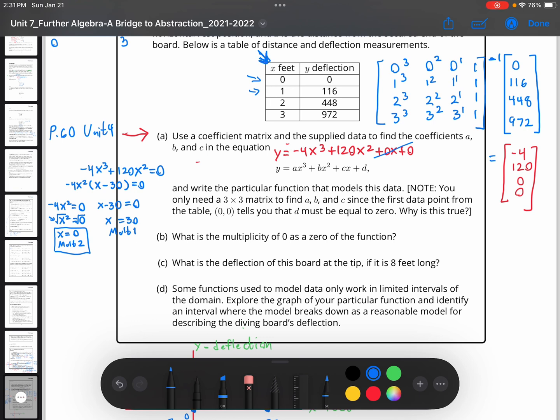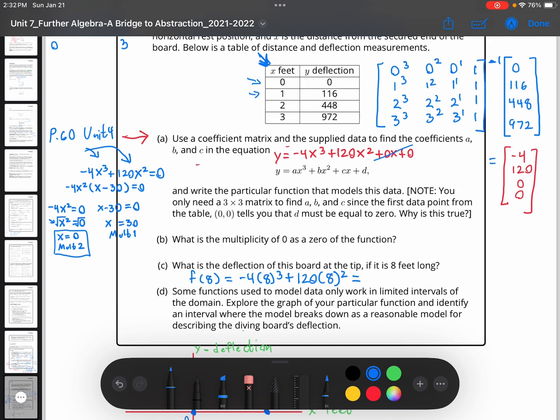So I just want to know what happens when I plug an 8 into this function. You can do this with a calculator, or you could use synthetic division with the remainder theorem, if you remember that. But if you plug it all in, that's going to give you